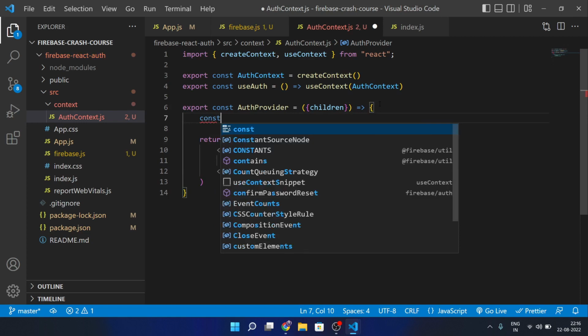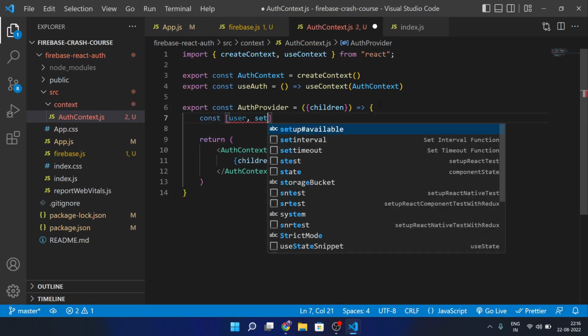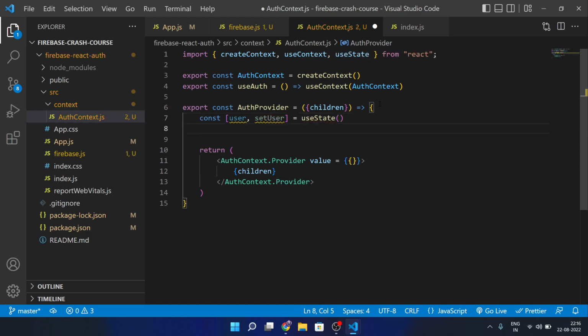So the very first thing, we will simply create a state for the user, which will be the current user here. So here this is our user. So here let's add the user state for this. So simply import the useState from React. Similarly, we will simply call a